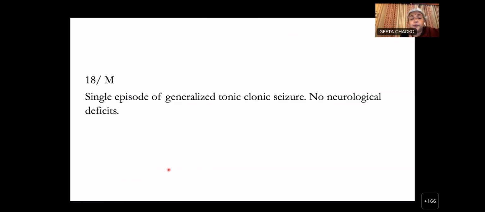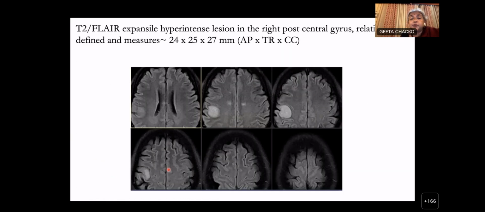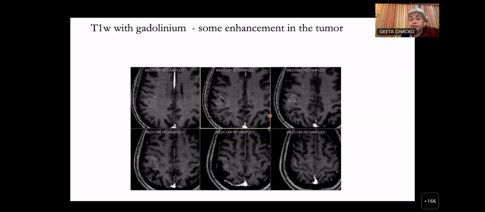So here's an 18-year-old with a single episode of generalized tonic-clonic seizure, so a short history, and a hyperintense lesion seen in the posterior central gyrus, and there's some enhancement of